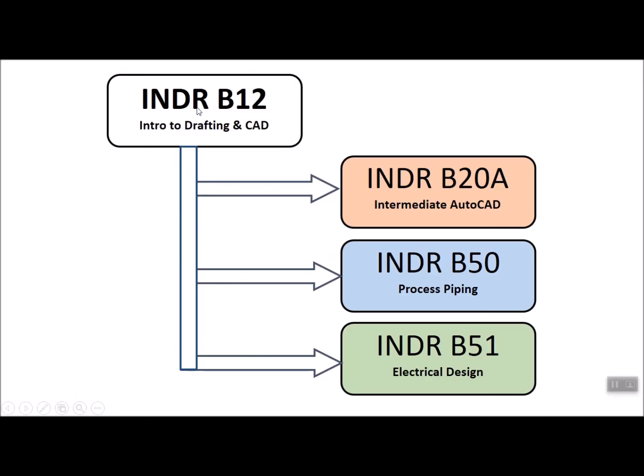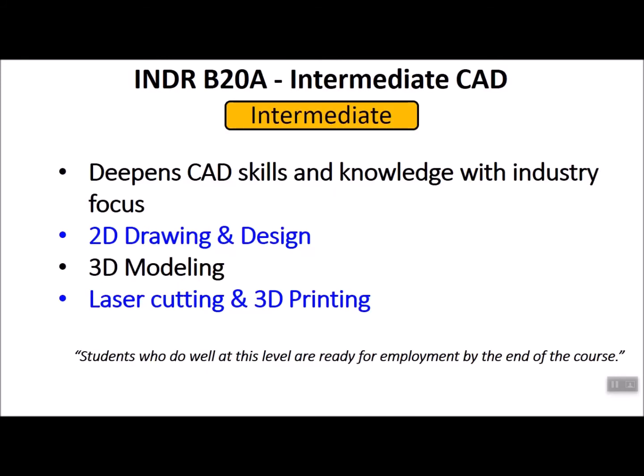software. Once that one class is complete, though, students have some options if they'd like to continue. They can continue in the intermediate CAD classes. The Industrial Drawing 20A is intermediate CAD. They take that basic knowledge that they learned in the B12 class and they deepen it and broaden it to focus on what industry needs. It's 2D drawing and design. It's also 3D modeling. And then the 3D modeling and the 2D drawing lend themselves to doing things like laser cutting and 3D printing. At the end of this course, students that have solidly performed are actually ready to go